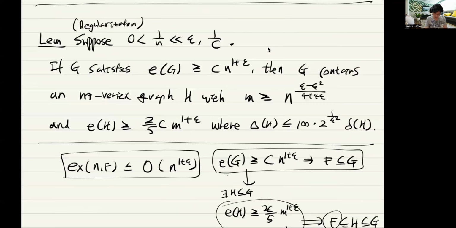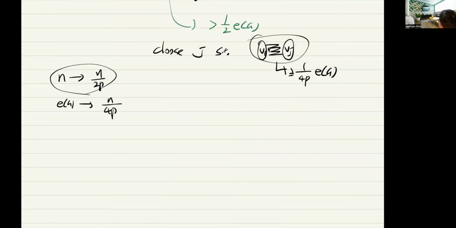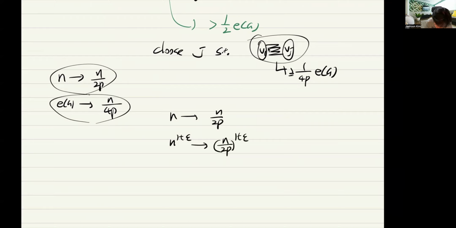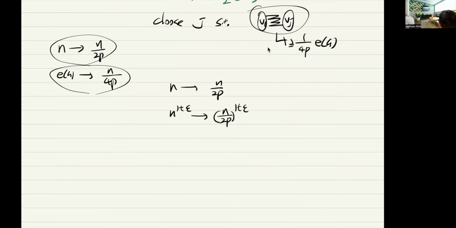Essentially, the reason why it holds is this: when n becomes n over 2p, then the number of edges, sorry,